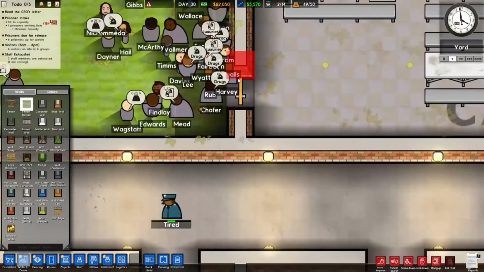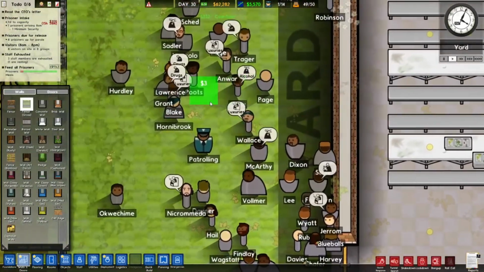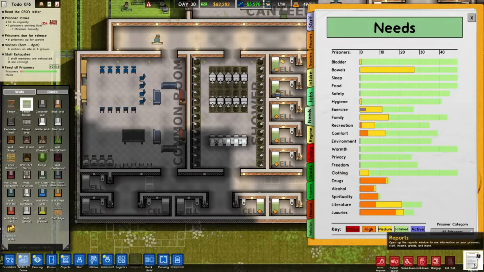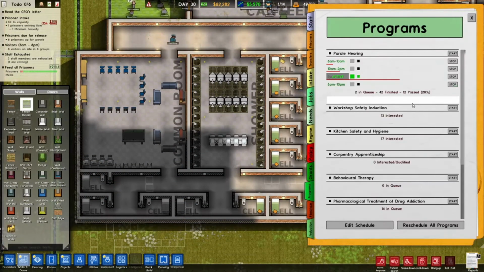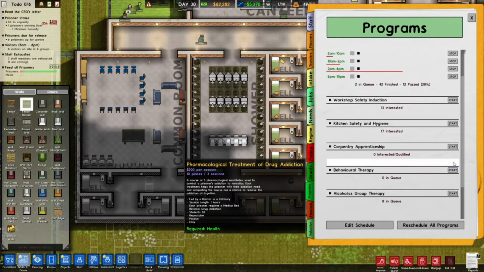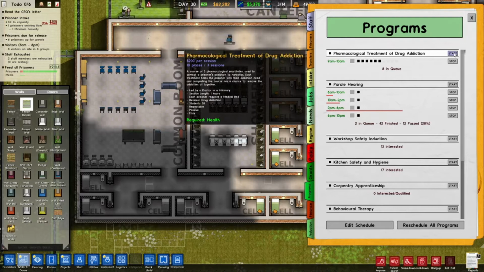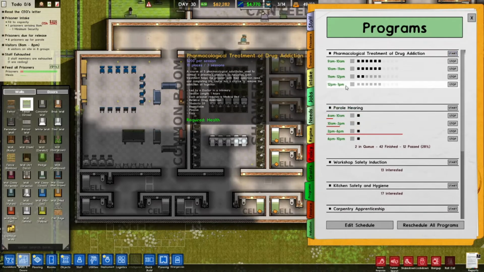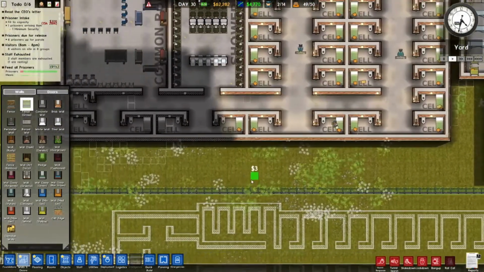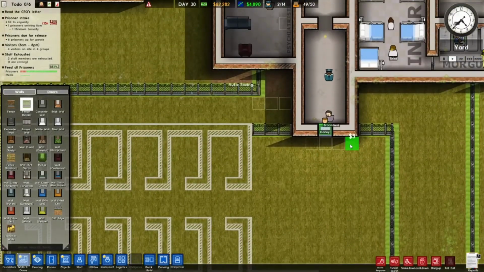What's up with you? Drugs, alcohol. So we do need to come up with a program, and that's what we're going to do now. So let's pop onto the program here. We've got our parole hearings. Actually, let's start with the pharmaceutical treatment of drugs and addiction. Let's chuck in 4 sessions for that, just to make sure that everything is perfectly fine, and try and give them the necessary support that they need. Because running a